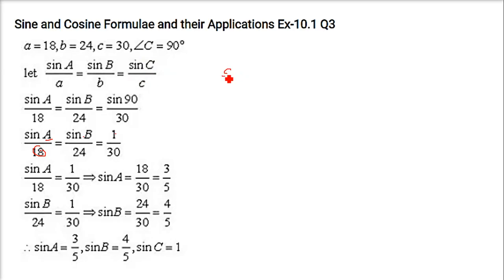Sine C is known to us, so we can get the c value, or sine C of course. Sine C will be equal to c into sine B by b, and we know that the value of b is 24. And sine B we have already known here, sine B will be 4 by 5 and c is 30. So when you solve it you will get 1 because 5 6s are 30, 6 4s are 24 and 24 gets cancelled.